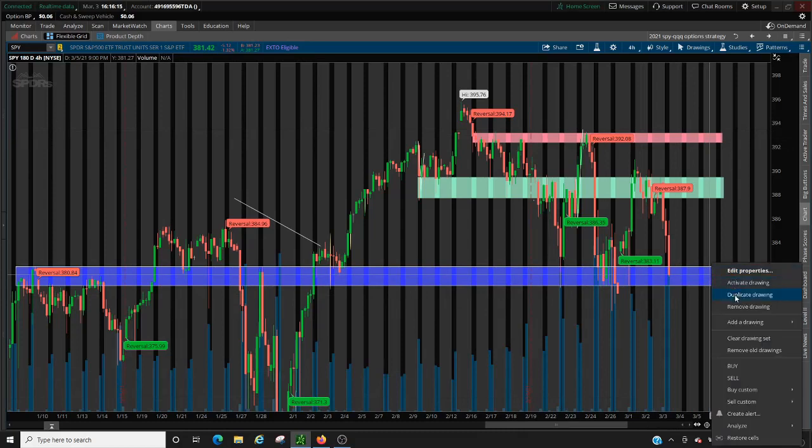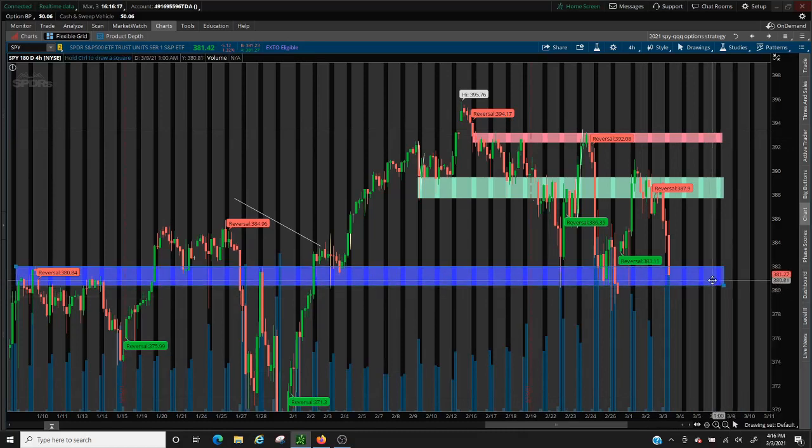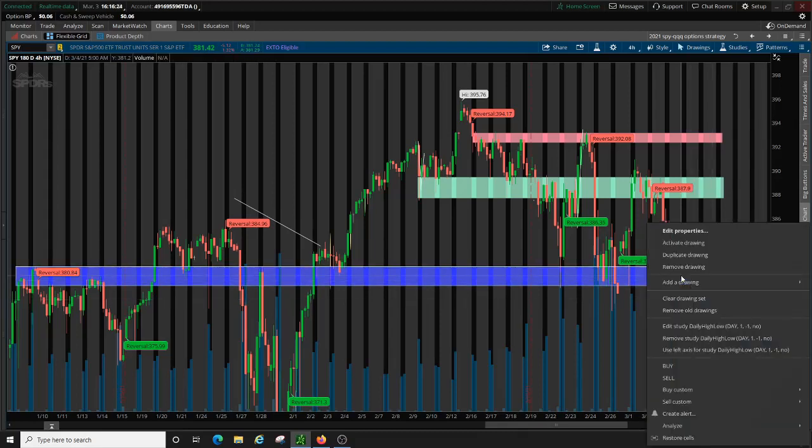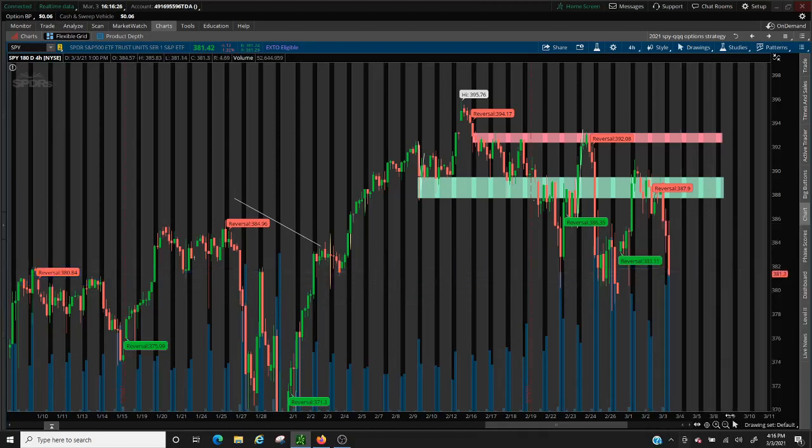I'm going to delete this for a minute. Oh, I actually duplicated it. I'm going to delete it. And I'm going to do this again. Okay, we see that we have an area of resistance right about over here, right? So from this point to, I'm going to do it to this point. Actually, I'm going to draw it all the way here to the middle. Okay,